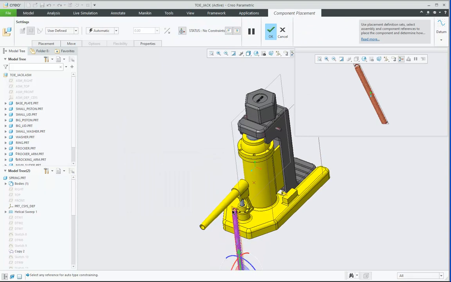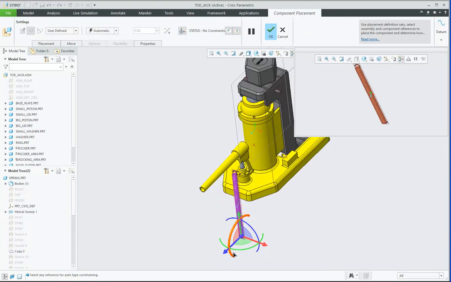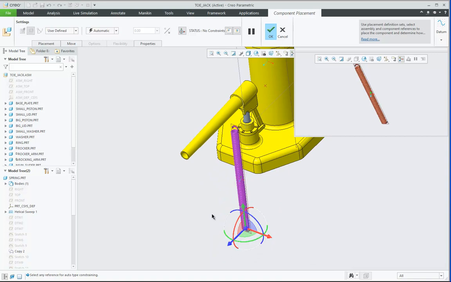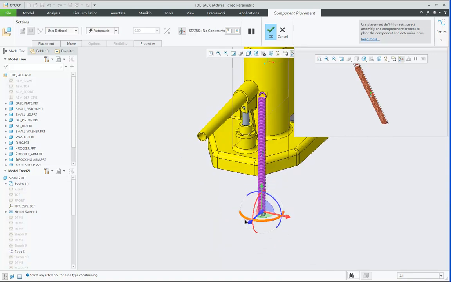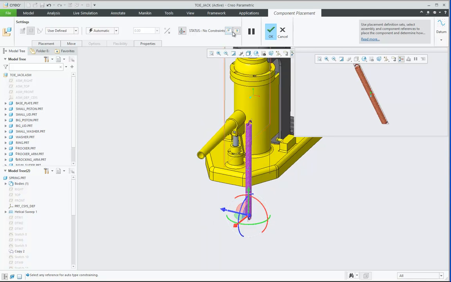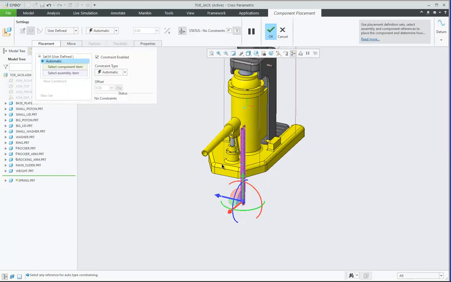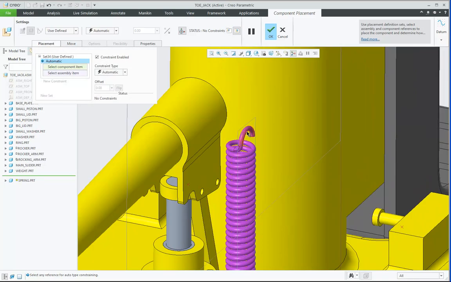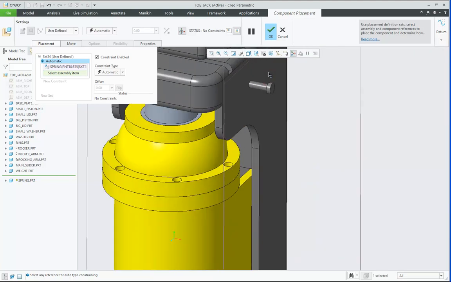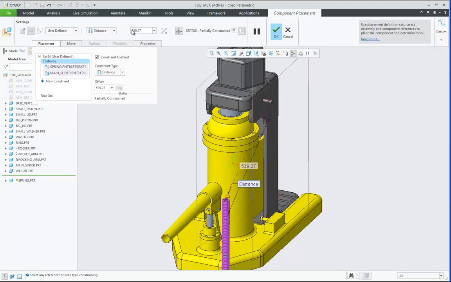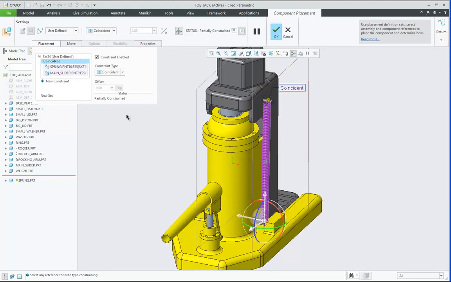and the spring, let me first just put it in a way which I want. So it should be like this. Then my first constraint is regarding this point in the spring and similar point over here in this black part, main slider, coincidence.